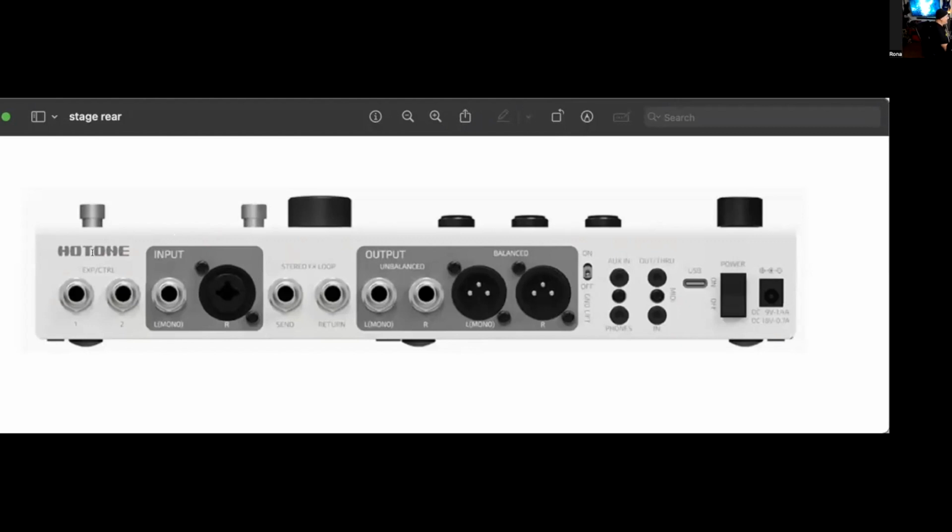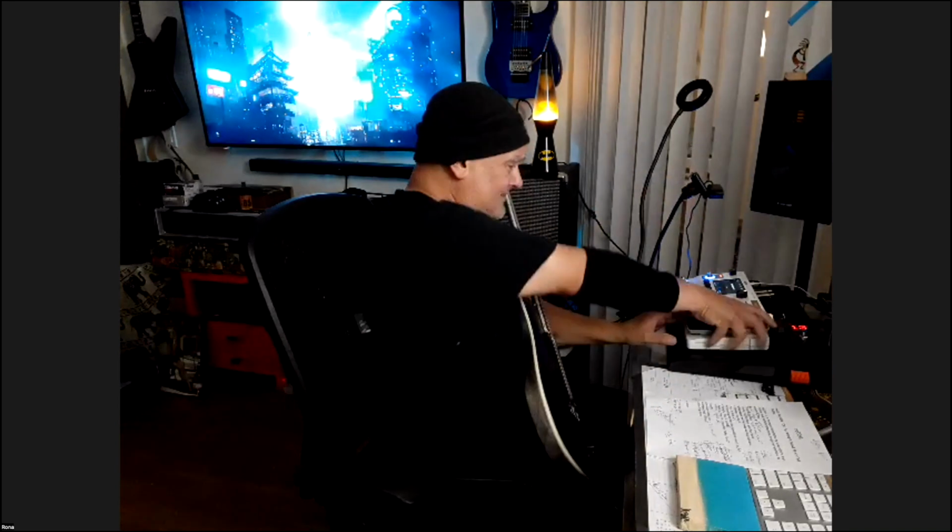This is really picky. I didn't even really want to mention it, but the XLR cable slots, the latch is on the bottom. I didn't have any problem reaching it, but I feel like I'm digging around. I kind of want the latches on the top, so if we could spin those around. Another thing, let's look at the pedal for a second. Do I have anything else to say about this arrangement? No, we're good. Okay, so looking at the pedal,